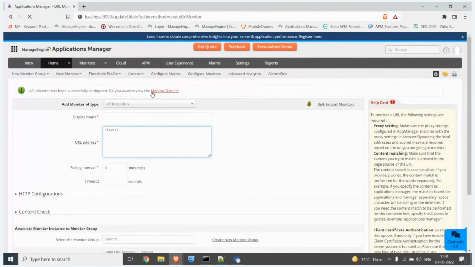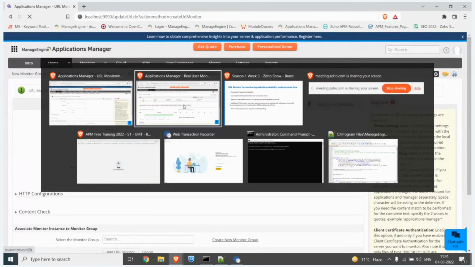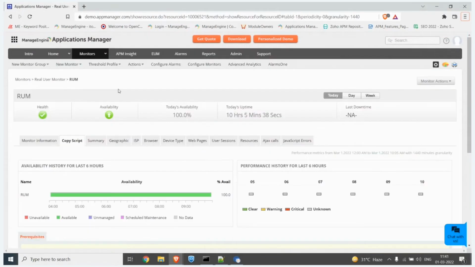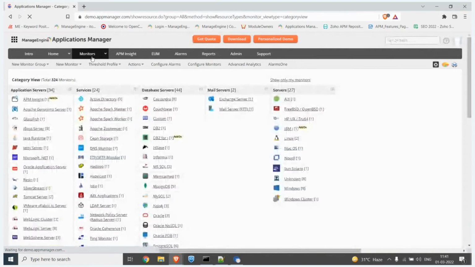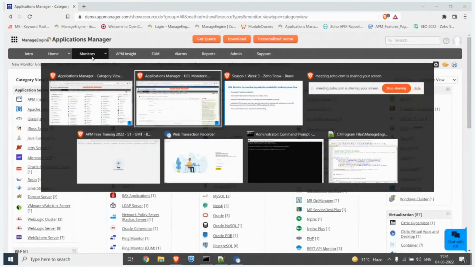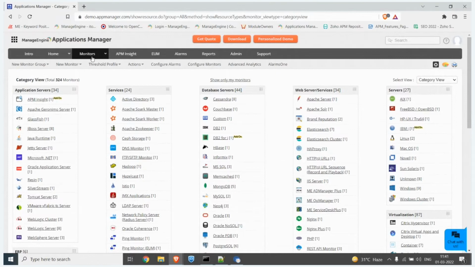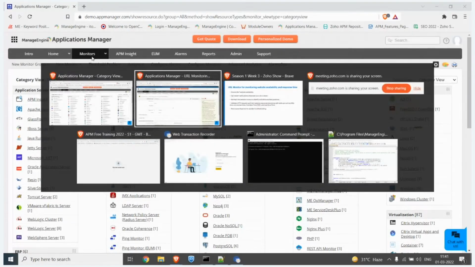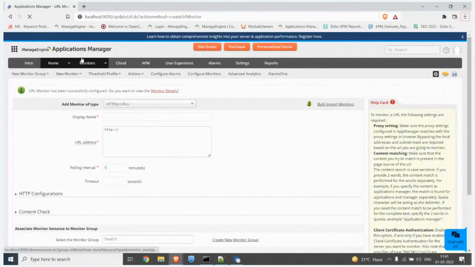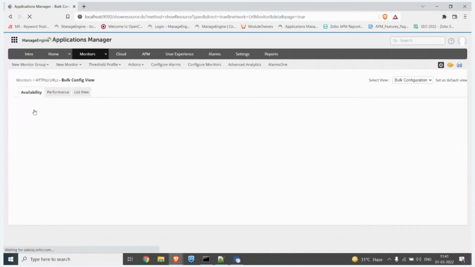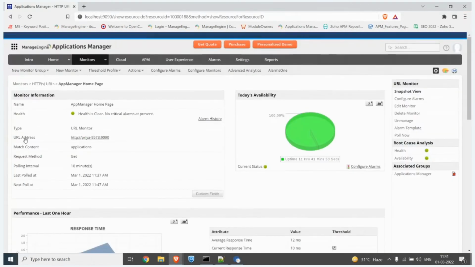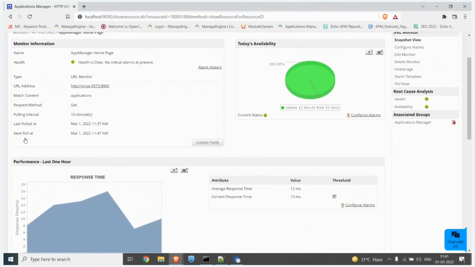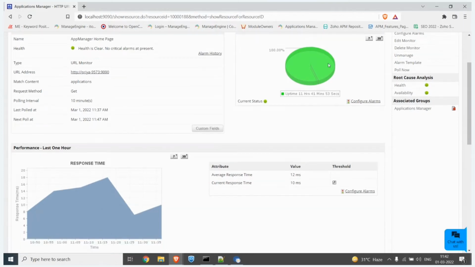So now the URL monitor has been added. Let's check how it looks. So as you can see, the name of the monitor along with the address and the request method type, etc. You can see the availability here.